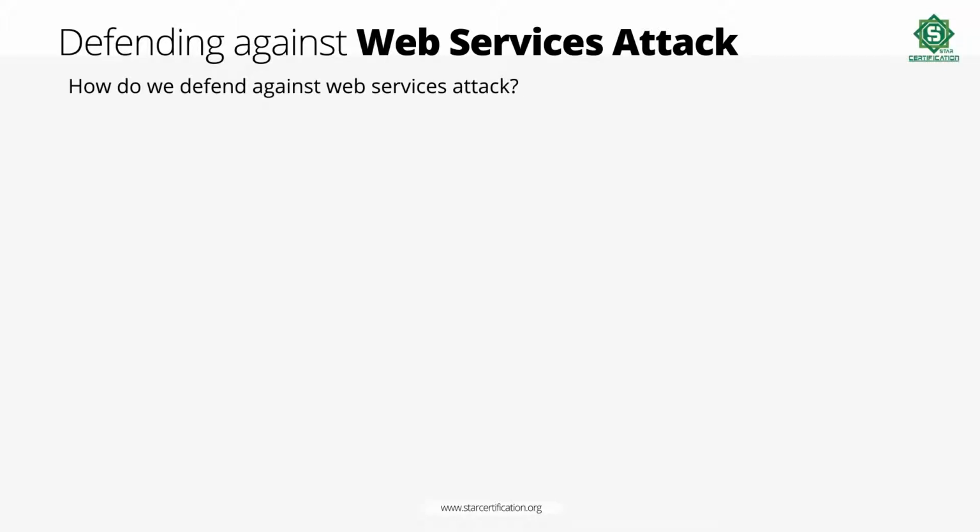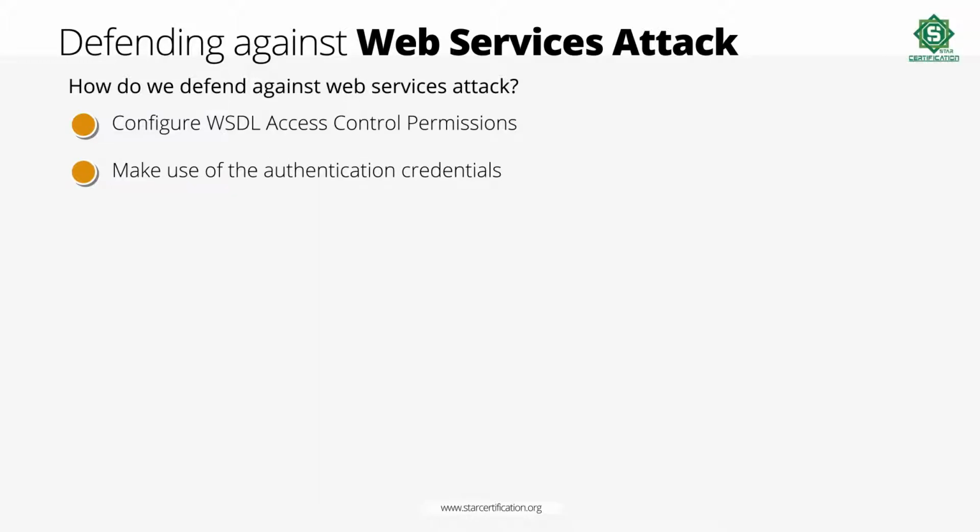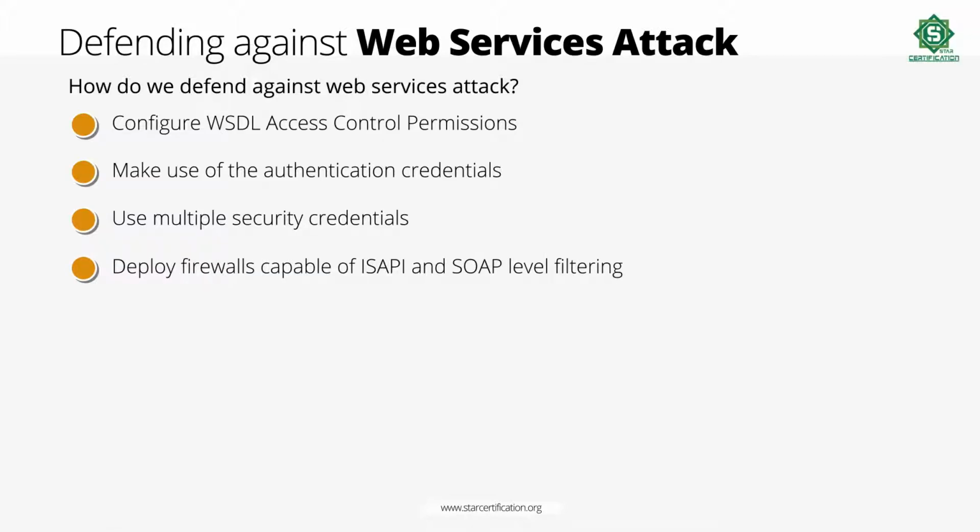You can defend against web services attacks in several ways. A few methods to defend against the attack are: configure WSDL access control permissions for granting or denying access to any kind of SOAP messages that are based on WSDL. Make use of authentication credentials that are document-centric, which use SAML. Use multiple security credentials like WS-Security, SAML assertions, and X509 certs, and deploy firewalls that are capable of ISAPI